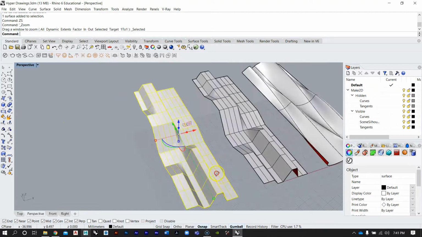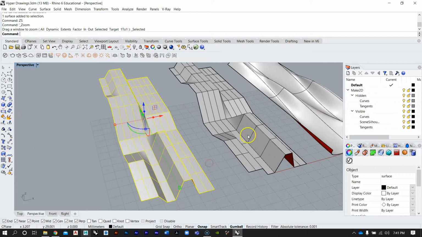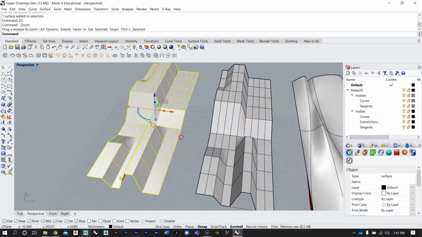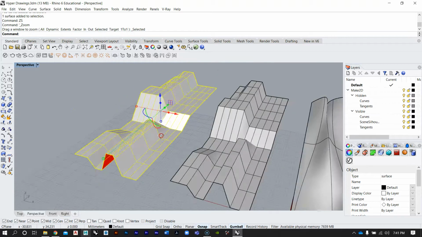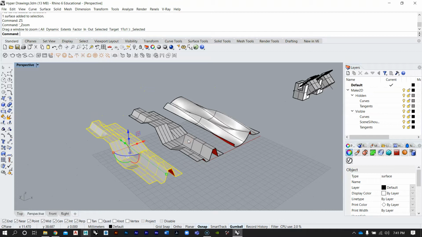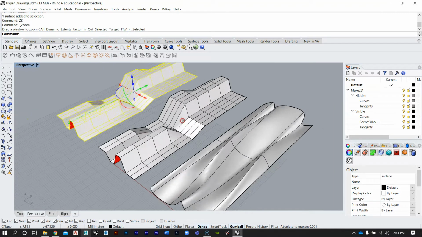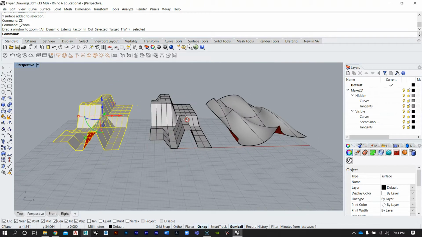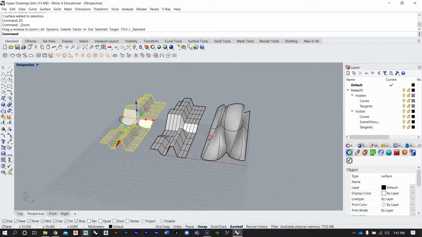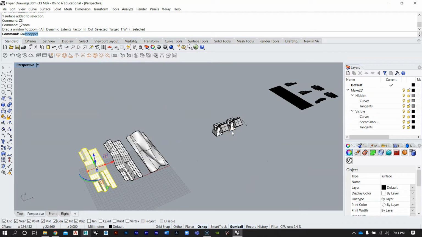So I'm not going to really get into how to create these surfaces. There are other tutorials that I've created that will go over things like this, but these are the surfaces that we're going to be using for this tutorial. So if you want to check out how to really manipulate surfaces in Rhino, go check out that tutorial, and then jump back into this one when you've got some good control over the surfaces that you want to make. So we're going to pop open Grasshopper,